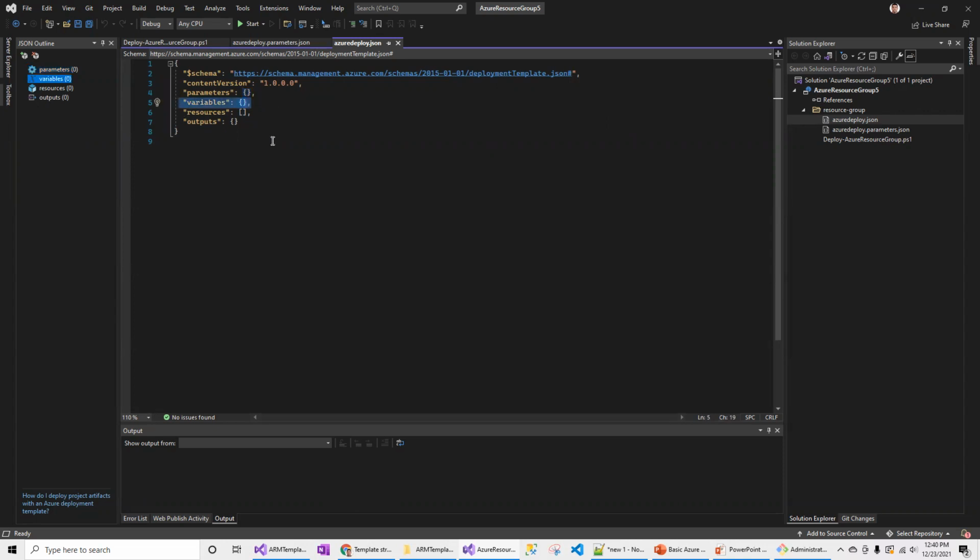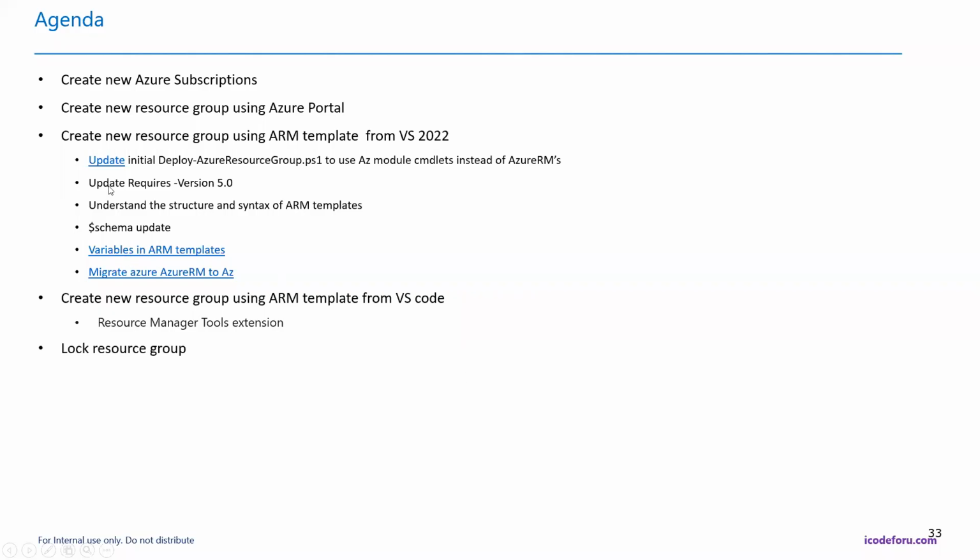And variables are something you can use especially if you have complex expressions within the JSON template. You can create a variable and add those expressions within the variable. I think I have some examples of how to use variables.